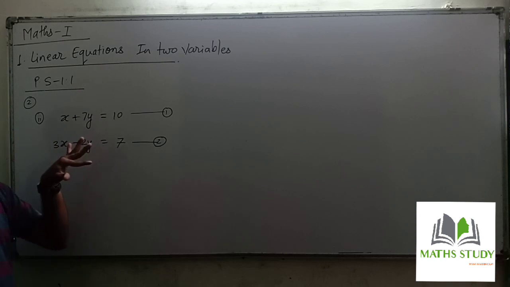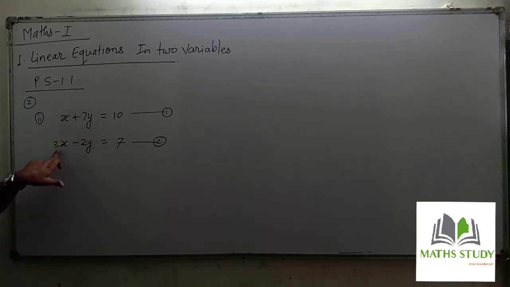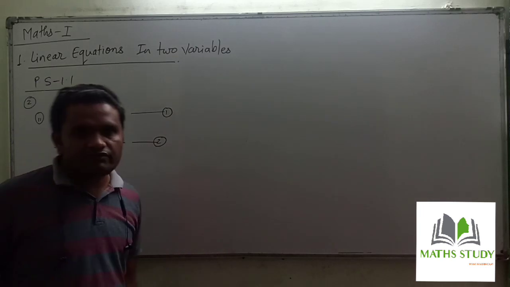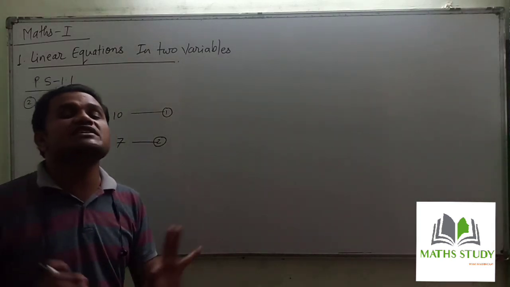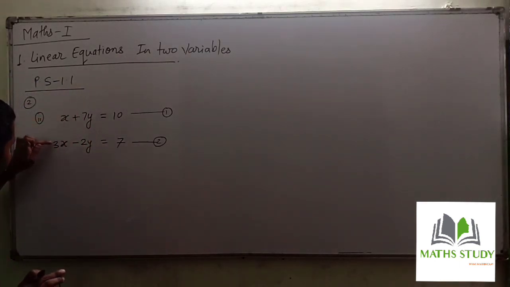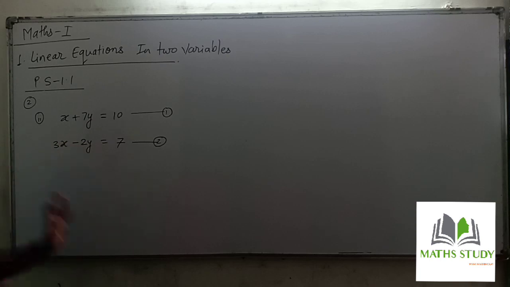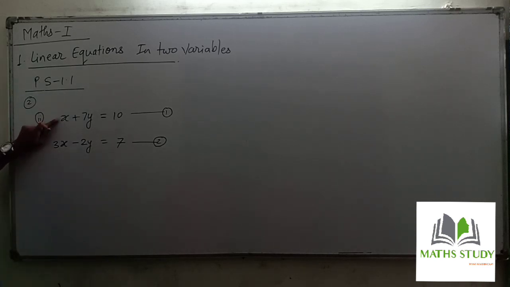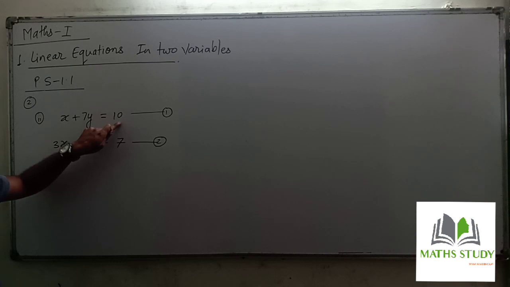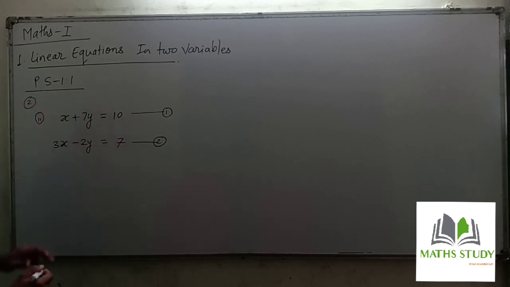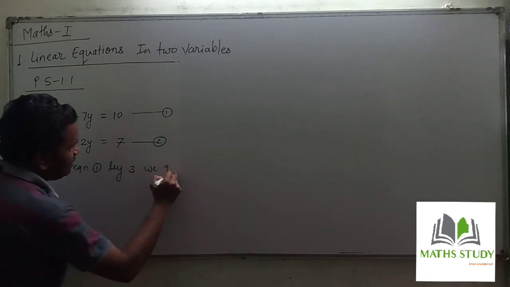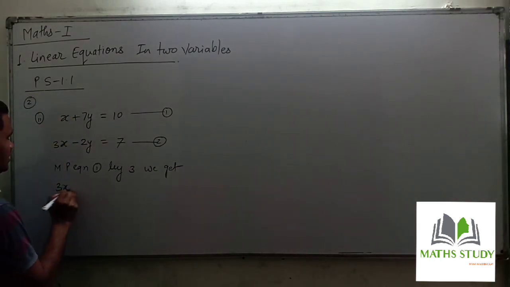But here, if you see the variables, the coefficients are different. For example, 1, 7, here 3 and minus 2. So here the procedure slightly changes. Before solving these equations, we have to make the coefficients equal. Either you make both the coefficients of x equal or both the coefficients of y equal. Now, if you multiply equation 1 by 3, what will happen? Here it will be 3x, 21y, 3 tens are 30. I will say multiply equation 1 by 3 and then we get: